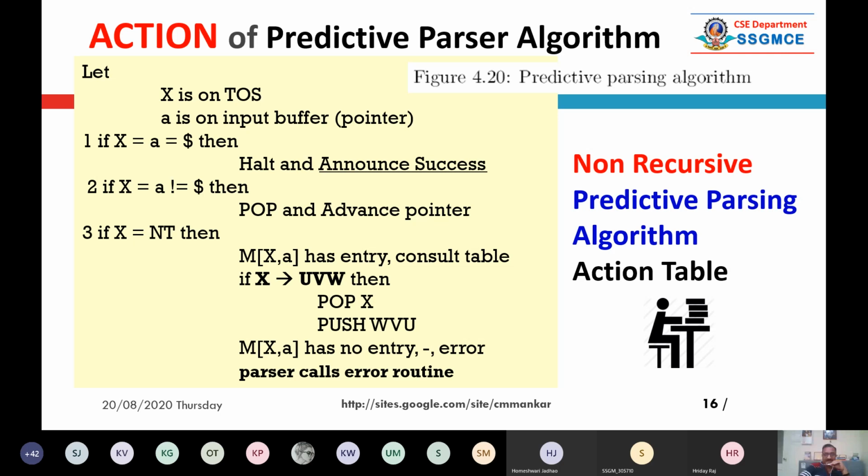If the top of the stack contains X as a non-terminal and this non-terminal has a production rule in the given grammar, we have to pop that item from the stack and push the right hand side of that non-terminal. What is the right hand side? UVW. When you push, you have to do it in reverse. So UVW is there. You will push first W, then V, and then U.